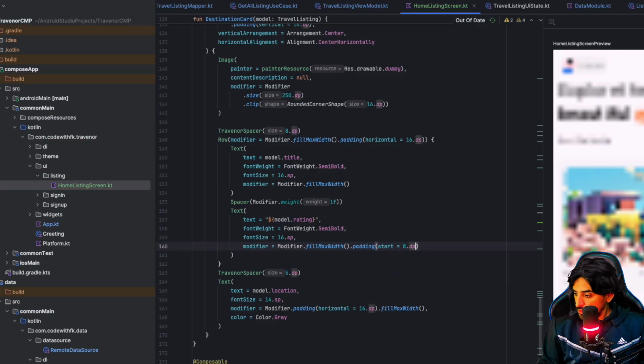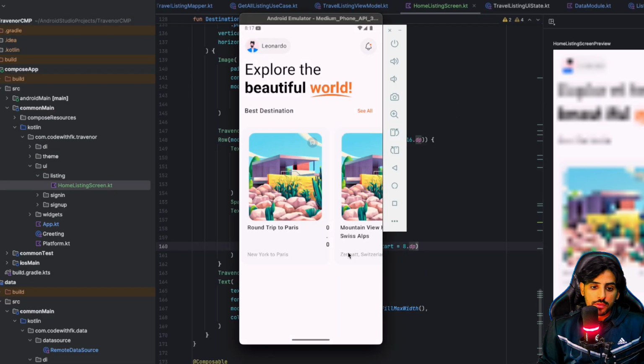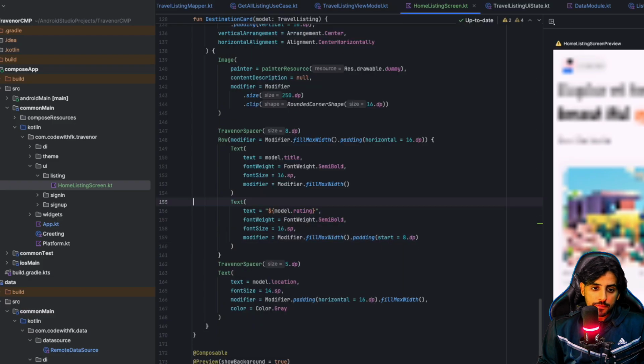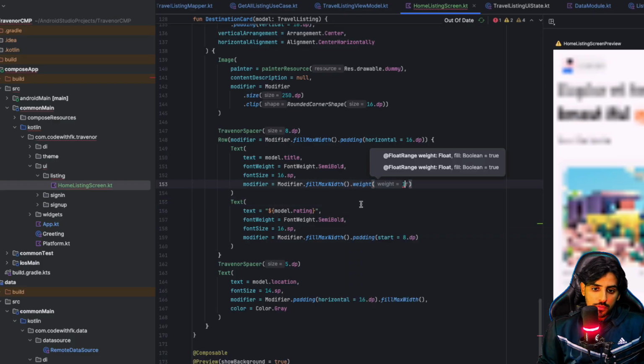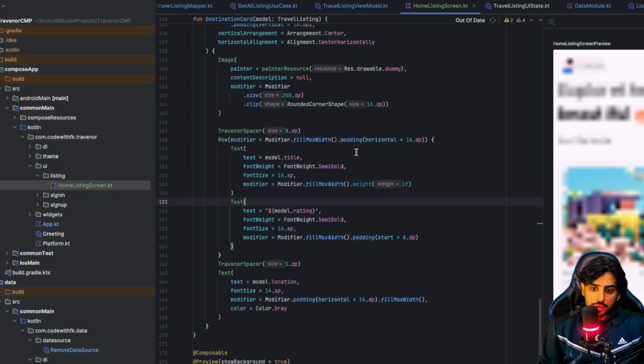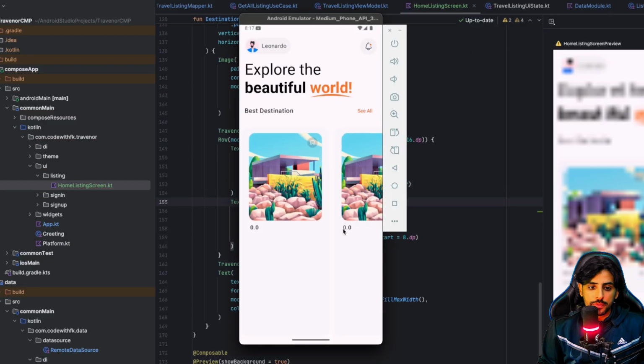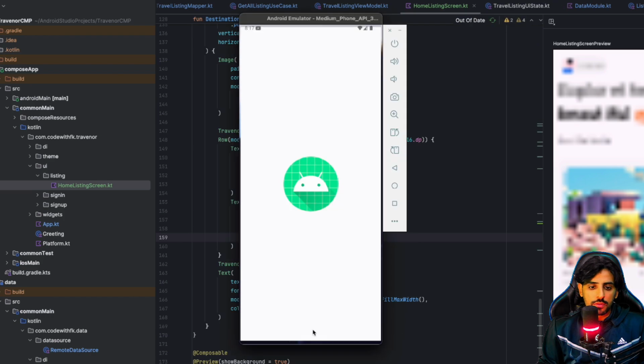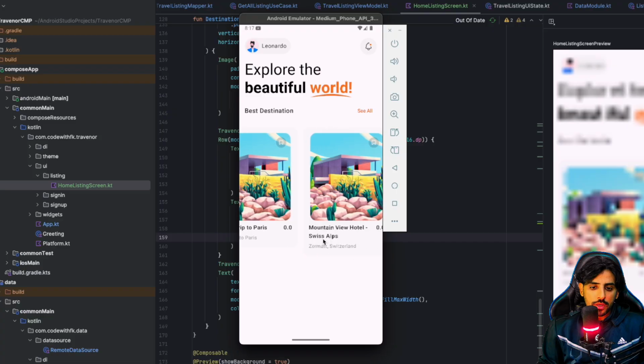Now let's try this once again. Okay, so I've basically added the weight to the title rating. Okay, sorry, we don't need the padding to be set properly. Okay, now you see